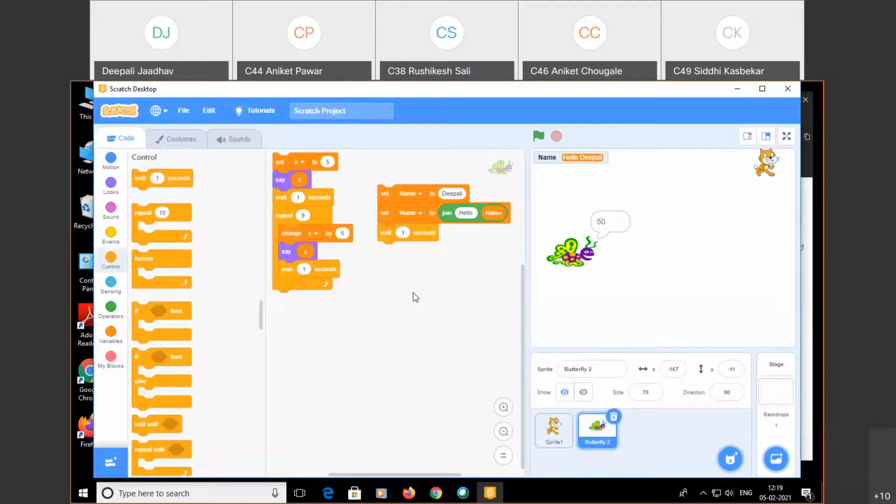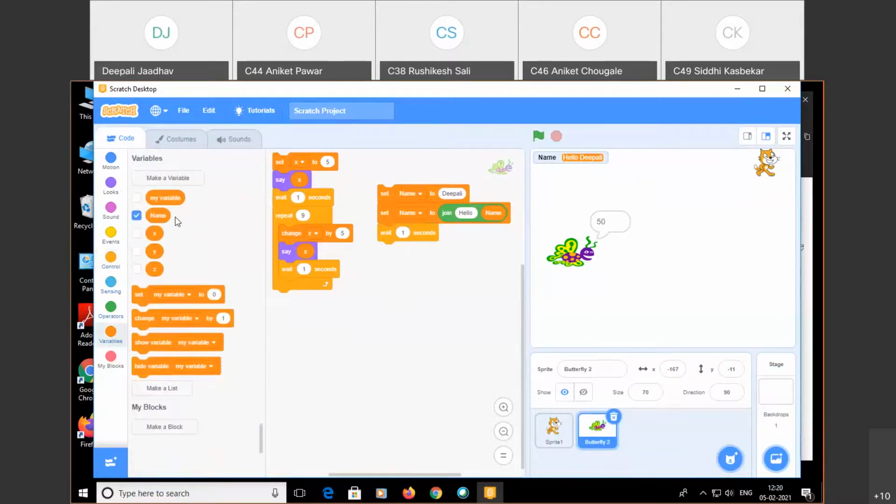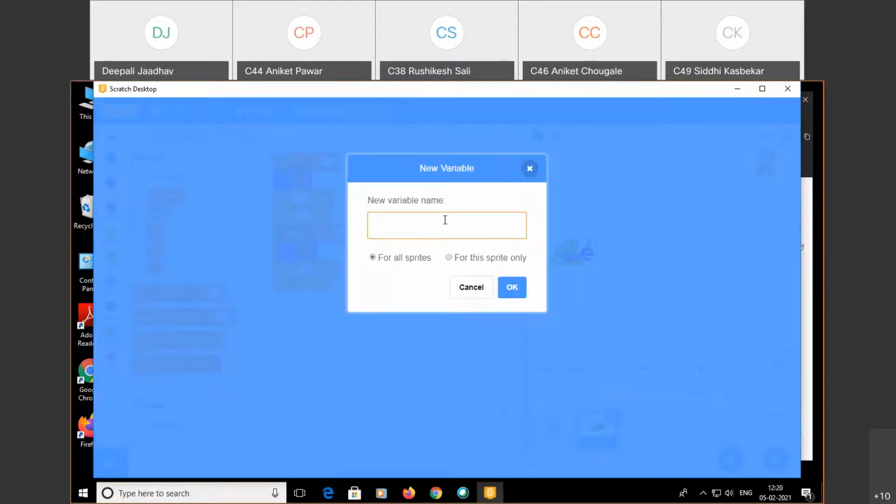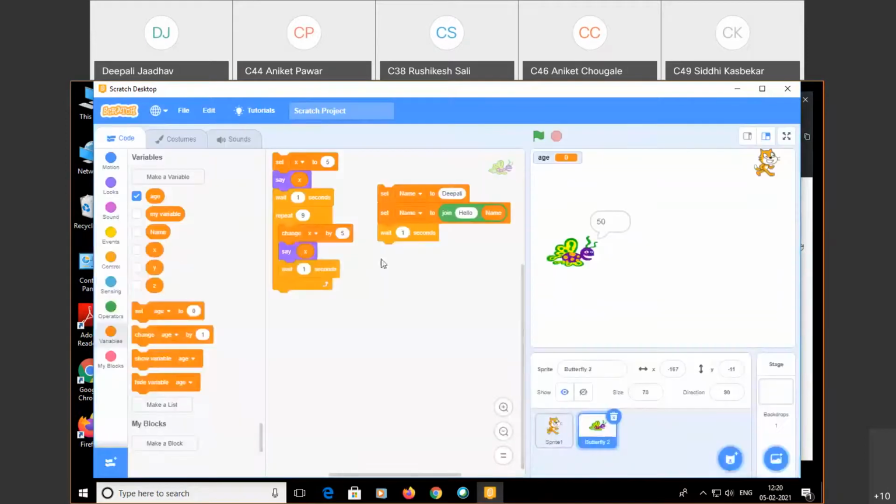After that I want to set my age, correct? For that, create another variable, make a variable. Now the age variable is created with value 0 initially. I need to set this age to some value. Suppose I use 20 here.